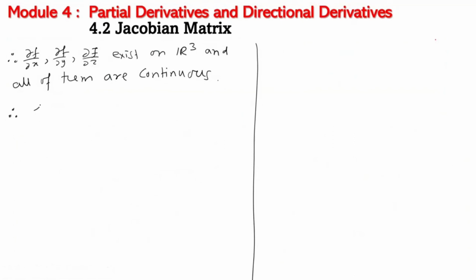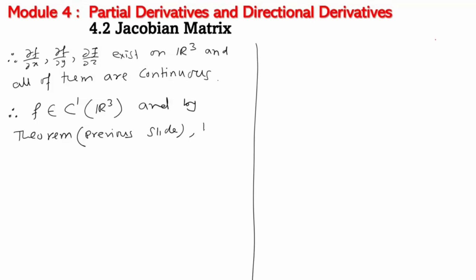So therefore, f belongs to C1 on R3, and by the theorem on the previous slide, we have that f is differentiable on omega, and